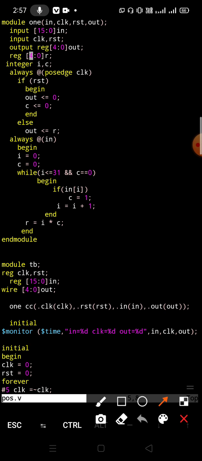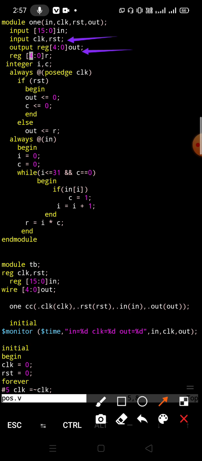See here, we are starting from here. We are giving the module name as ONE1, and our variables are IN, the input variable, which is 16-bit, so 15 down to 0, and reset and clock, these two are single bit, and the output which is 4-bit, this one.